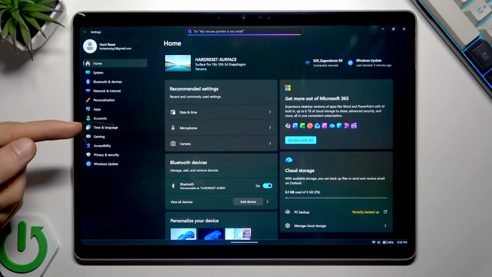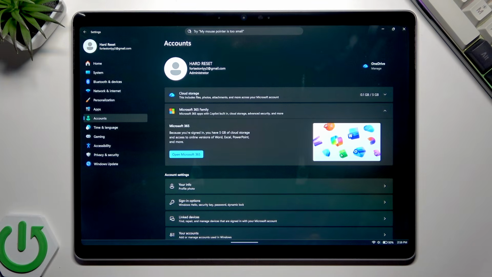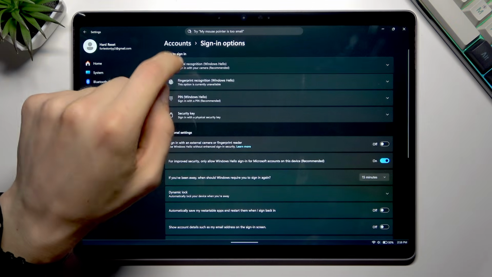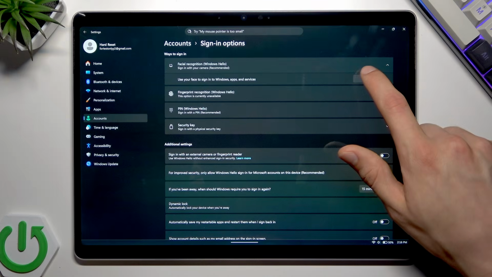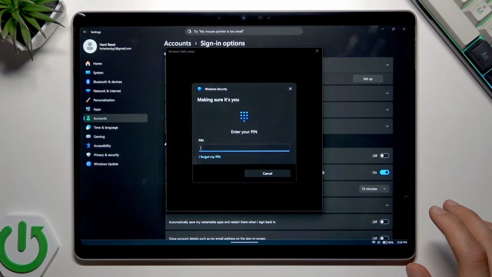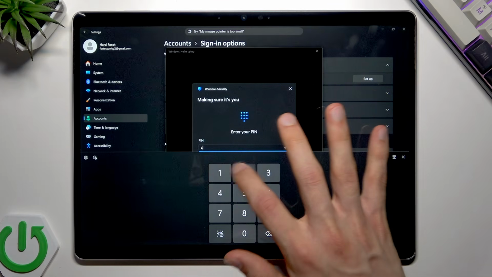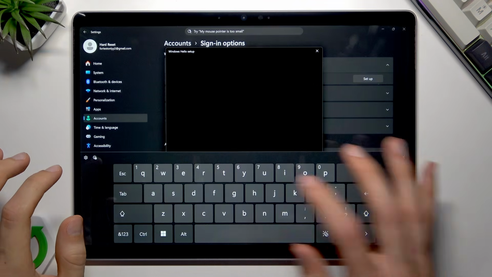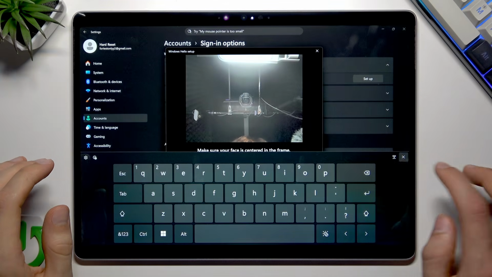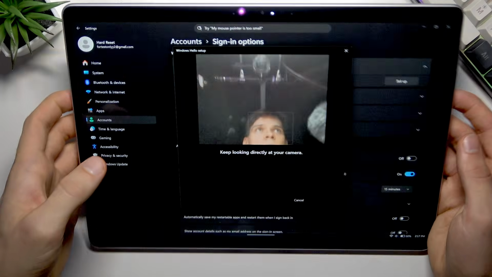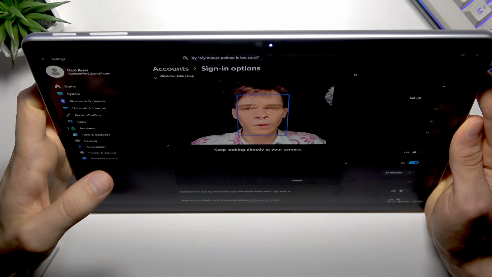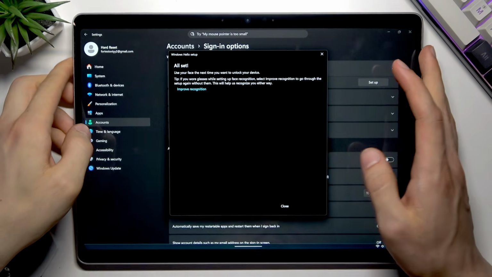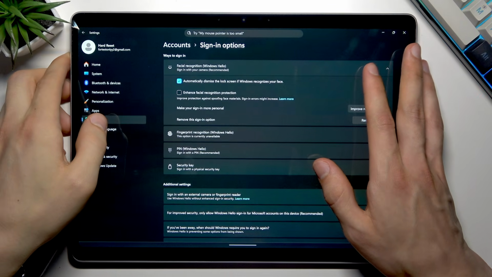In settings, select accounts on the sidebar, then go to sign in options, select facial recognition, tap setup, tap get started, enter your PIN code, and after that you have to position your face in the camera, wait until it's fully scanned, and once you see the all set message you can close this window,